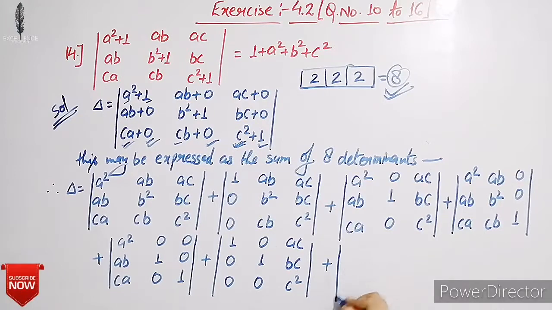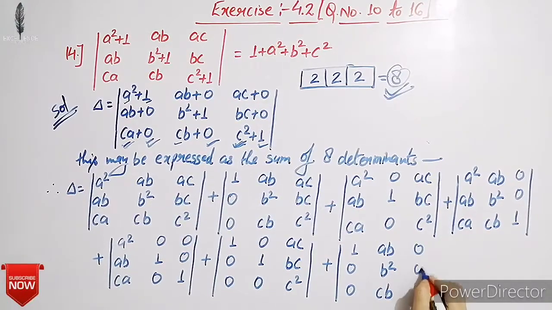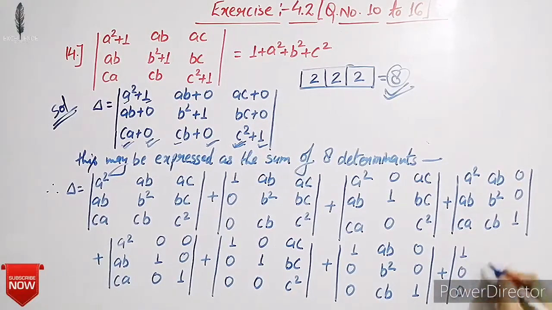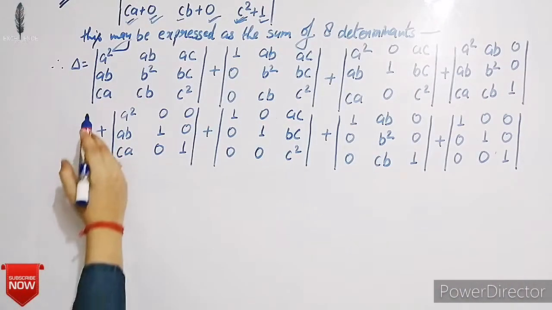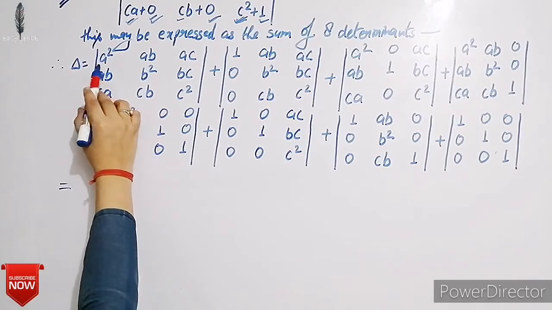Now seventh is 1, 0, 0; here AB, B square, CB, and C3 is 0, 0, 1. And the last possible determinant is 1, 0, 0, 0, 1, 0, and here 0, 0, 1. Now we have to evaluate all these determinants to find the value of the given determinant. So it is equal to